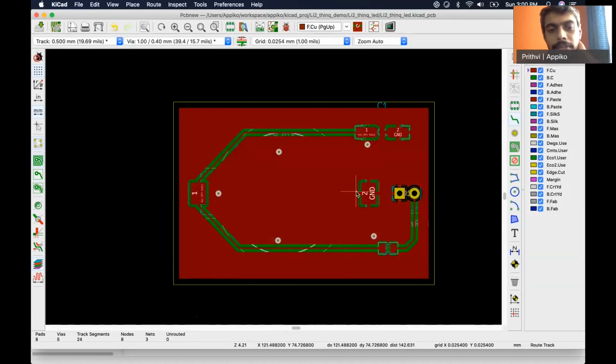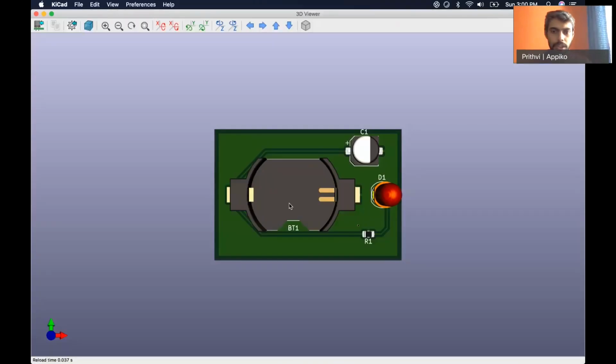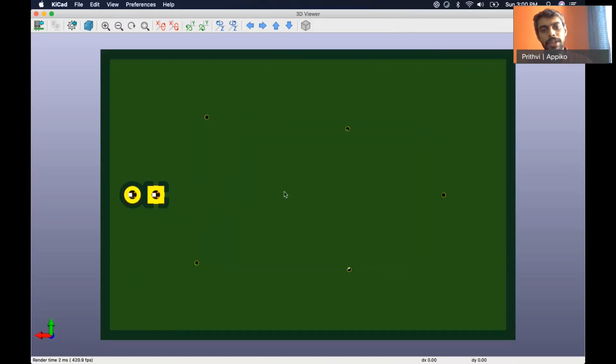The track that we did is covered by the ground plane in this particular case, so there is no actual 90-degree turn because there's no track at all. When we see this in 3D view, you can see all these vias which connect the top ground plane with the bottom ground plane, so there is a shorter path for the signal from all the different points on the board.